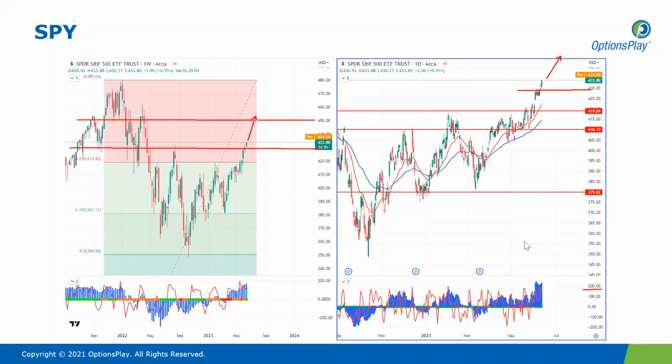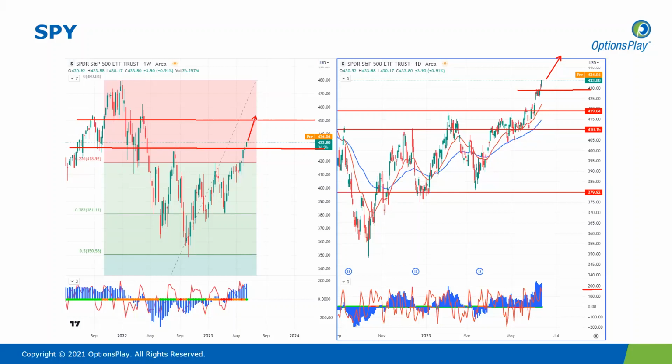And usually when we see momentum reach above 200, there's a higher probability of a reversal lower or a retracement lower. Now, that being said, we have seen in the past equities can remain overbought for an extended period of time. We saw that during the pandemic recovery period, where interest rates were very low. And we saw the NASDAQ and the S&Ps on the weekly time frame stay overbought for quite a few months.